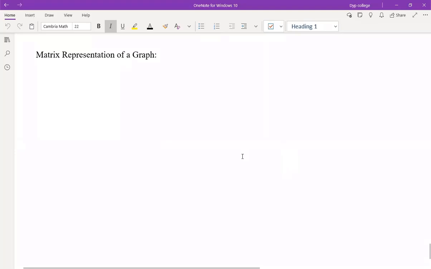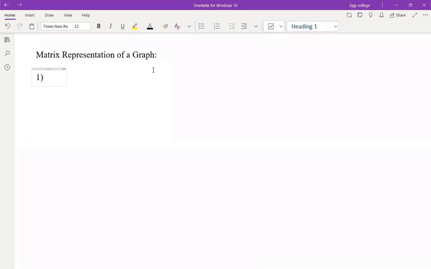...is the matrix representation of a graph. Matrix representation मतलब कोई भी अगर ग्राफ दिया है हमें, so we can write the given graph or we can represent that given graph in a matrix form. So there are two types of matrix forms. The first one is the adjacency matrix.